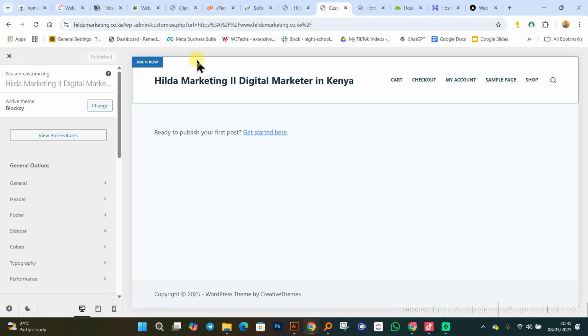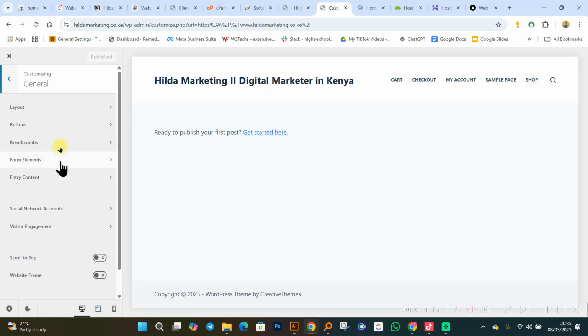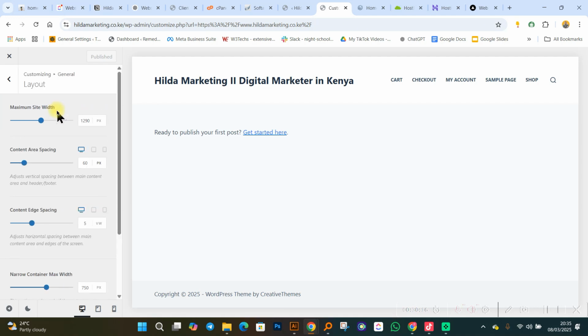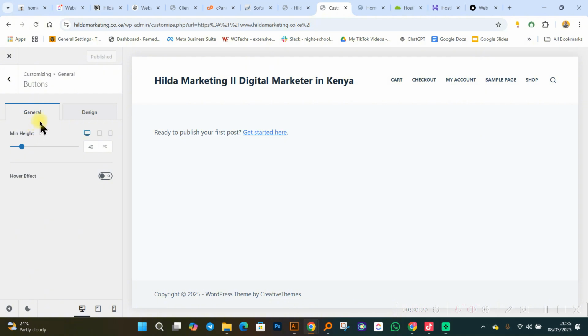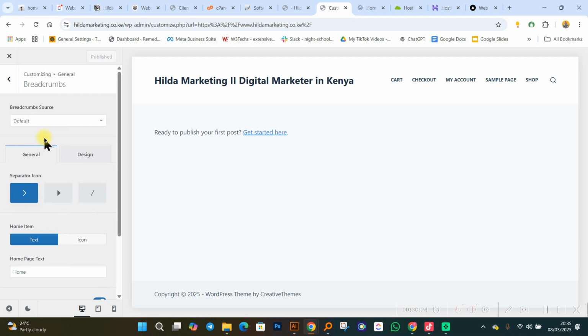So when it comes to customizing your website, you are able to change a number of things. You can come over here and click on general settings, and you can change the layout of your website. You can click on the buttons and change the way buttons appear. You can set something called breadcrumbs.